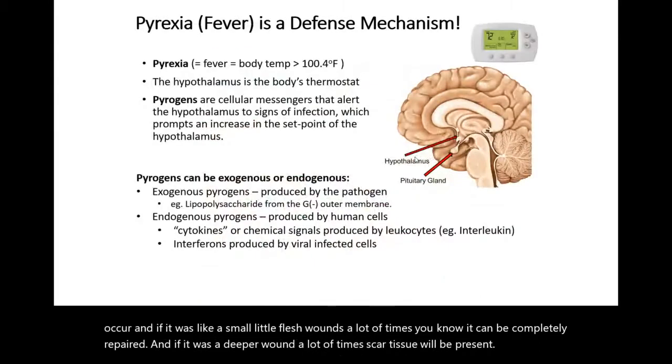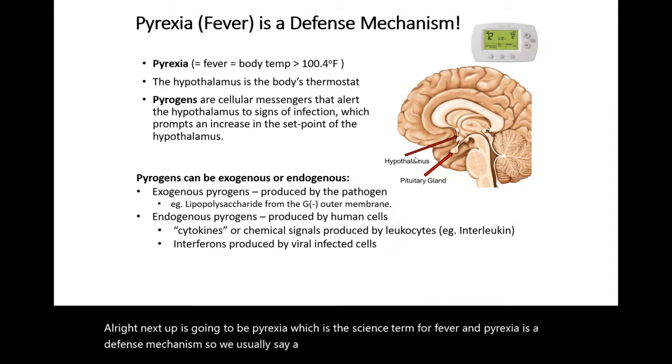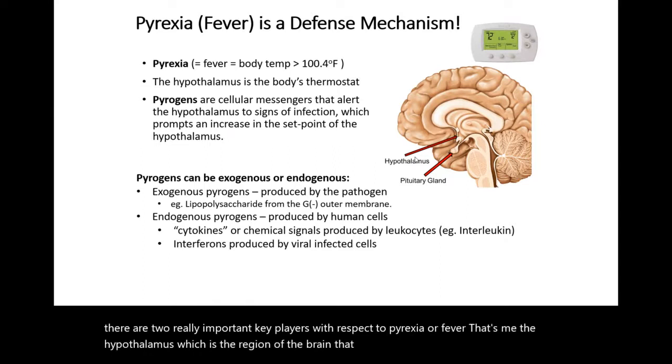All right. Next up is going to be pyrexia, which is the science term for fever. And pyrexia is a defense mechanism. So we usually say a fever is around 100.4 degrees Fahrenheit. And there are two really important key players with respect to pyrexia or fever. That's going to be the hypothalamus, which is the region of the brain that serves as the body's thermostat, and